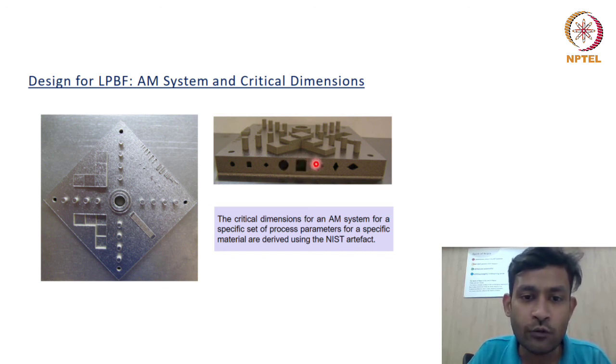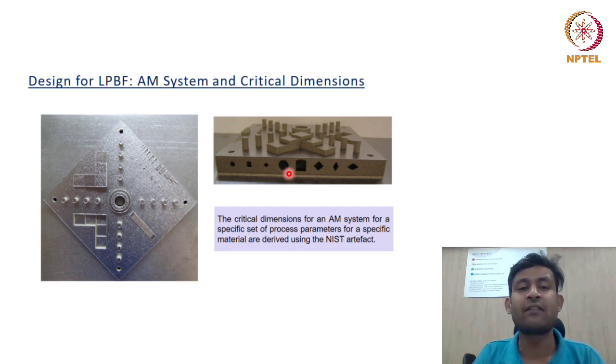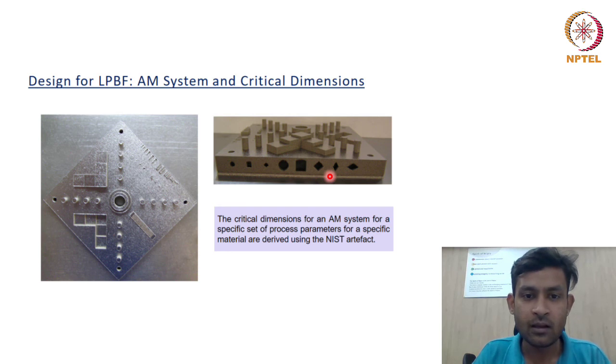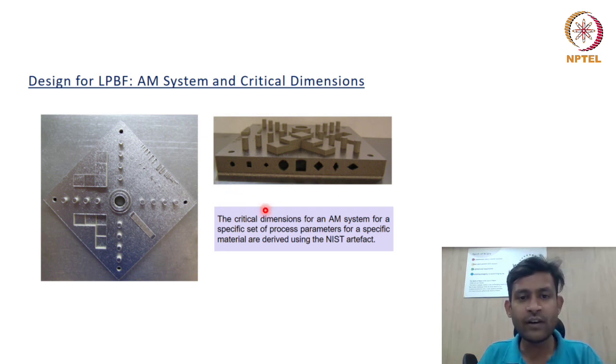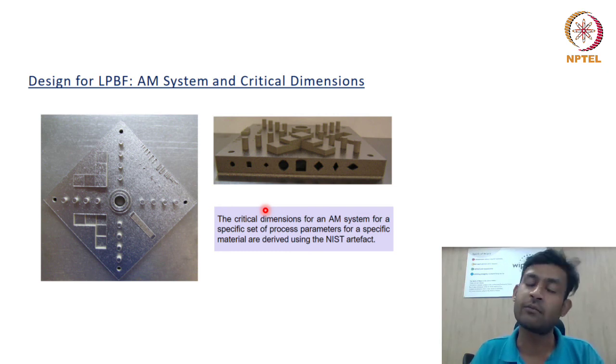Because of the support not being there and because of it being a flat overhang, instead of a flat edge we have received a curved edge, because a lot of material has been lost. So these considerations we need to define,